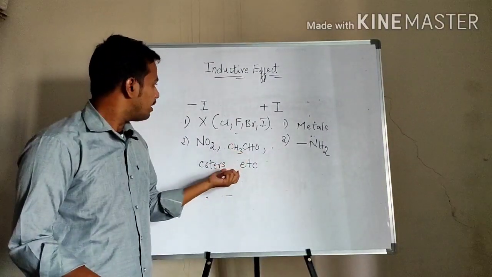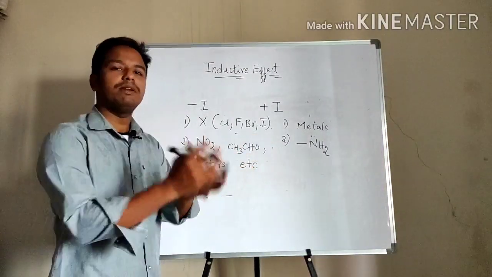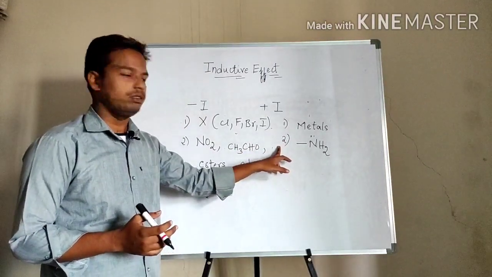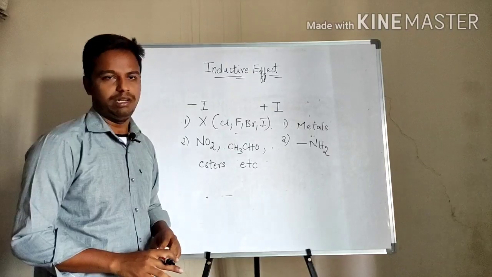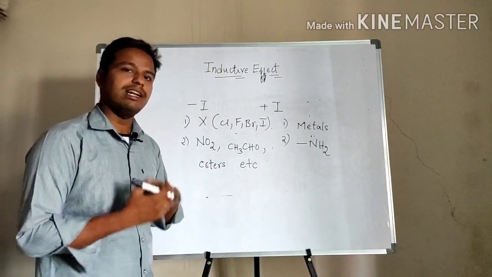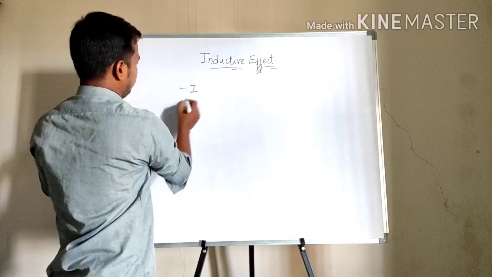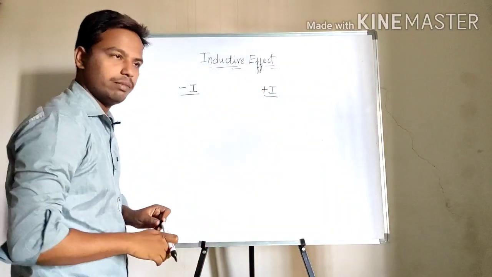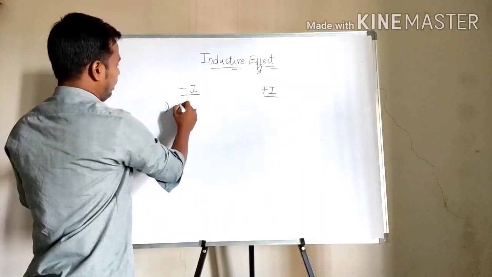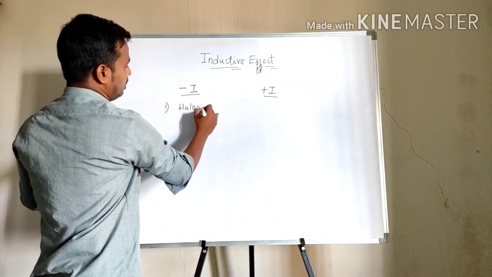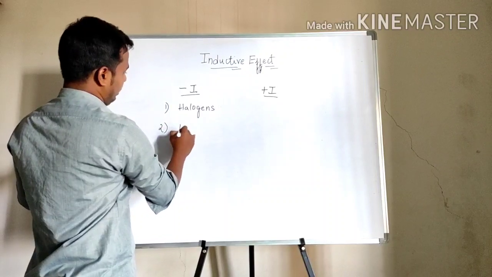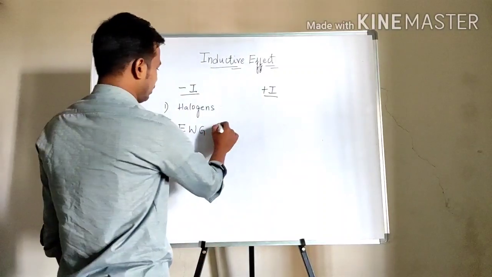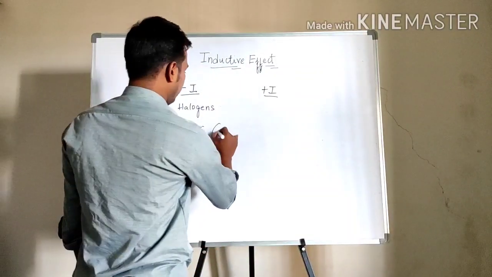You may be wondering what is minus I and what is plus I. In applications you will understand minus I as well as plus I. Up to now I think you have understood the inductive effect concept. You know very well what is minus I and plus I. So minus I, like all halogens, and second one, electron withdrawing groups. Electron withdrawing groups are basically the nitro group,